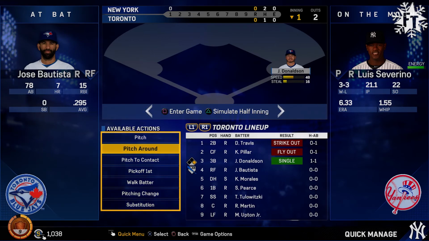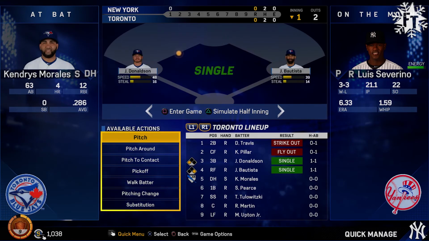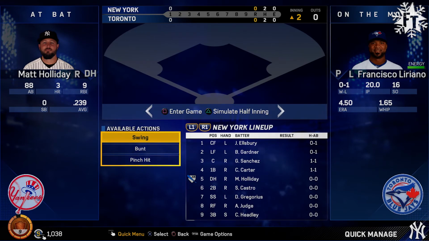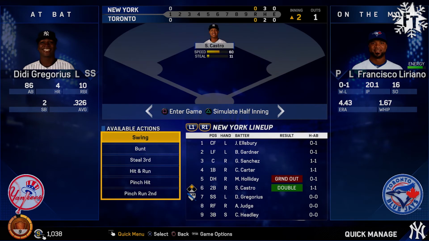Jose Bautista, that might be someone we pitch around because he's a beast. He can hit a lot of stuff, but you know what? We're going to risk it. We're going to pitch towards him, and he hits a single. And now we have a man on first and a man on third, and we could be struggling here, but we have 2 outs, and we struck out the side. So it's definitely more of a manager side of things. You're going to be telling your team what to do, how to do it,